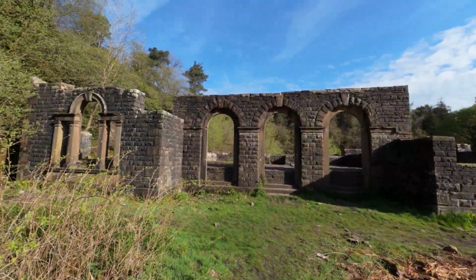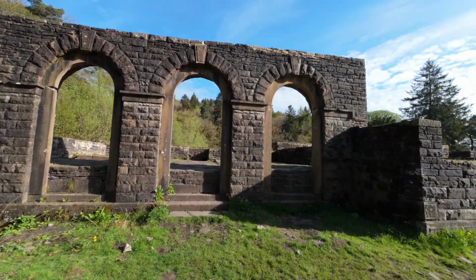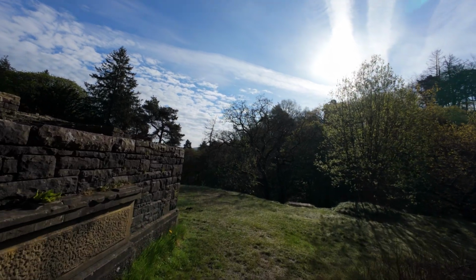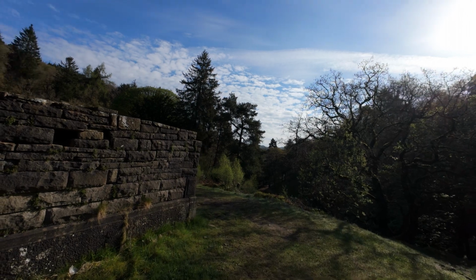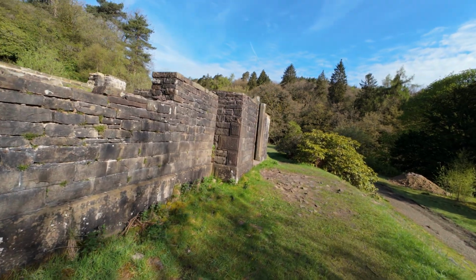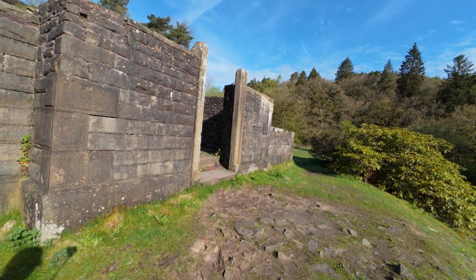So then, this is what's left of Errwood Hall. Let's have a little wander around. So I don't know much about this hall. Don't come to this channel for a history lesson. But I think it was built in the late 1800s by some family who owned this estate at the time, and I think it got bought by